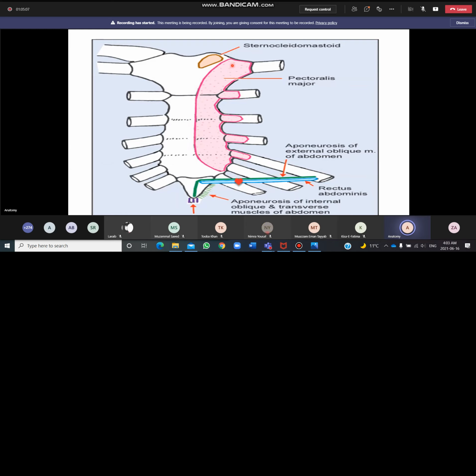You know very well the pectoralis major has two heads. One of the heads is called the sternocostal. What is the name of the other one, beta? Clavicular head. Very good. So here the clavicle is attached. So one is the sternocostal head and the other is the clavicular head. This is how the pectoralis major is attached. So this is the muscle of the pectoral region which arises from the manubrium and the body as well.